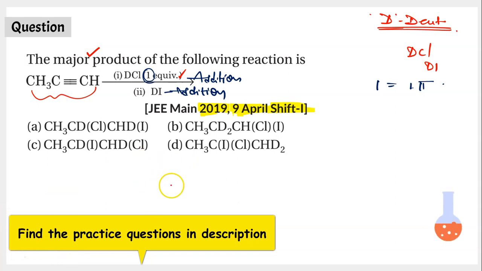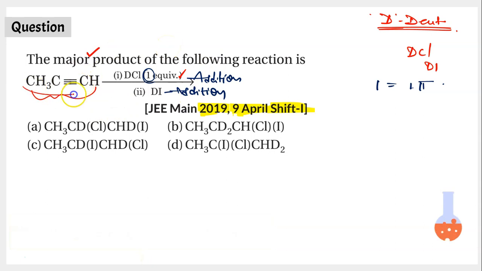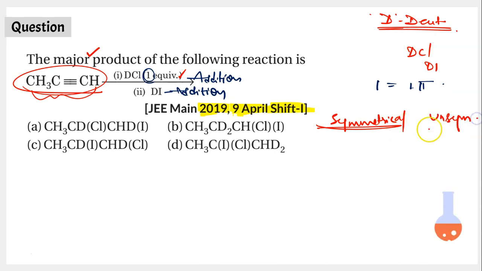So let us understand how to answer this. We are talking about addition reaction in step 1 and addition reaction in step 2. After both the steps, you need to write the major product. But technically, to cause addition, first of all, you need to look at the unsaturated hydrocarbon that you are taking. If this unsaturated hydrocarbon is symmetrical, as in both the carbons involved in the double or triple bond contain the same groups attached to them, then you call it a symmetrical unsaturated hydrocarbon. If you have different groups attached to these carbon atoms, you call it unsymmetrical, or you can also call it asymmetrical, all right?